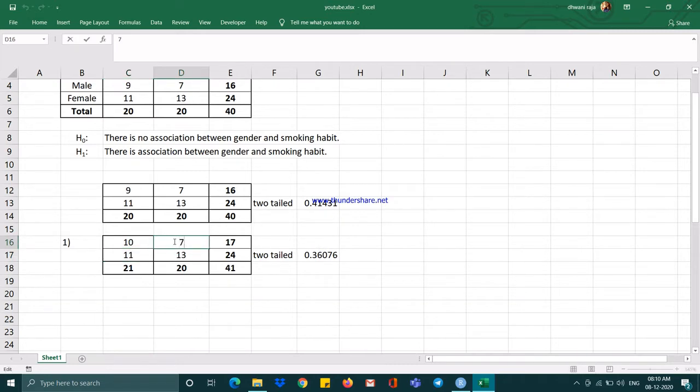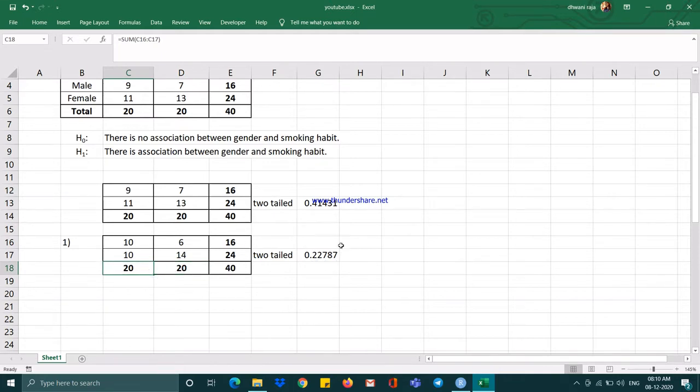We will subtract here, that is 7 minus 1. We will again add here, that is 13 plus 1, and we will subtract here, that is 11 minus 1. So as you can see, the marginal totals have remained same.